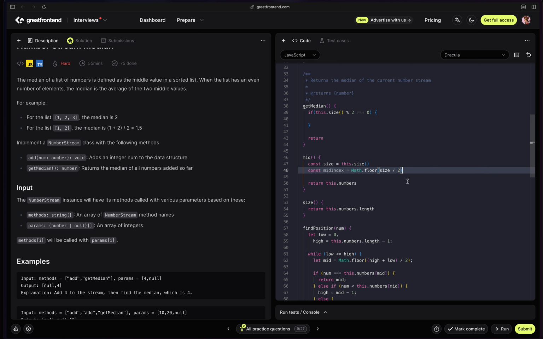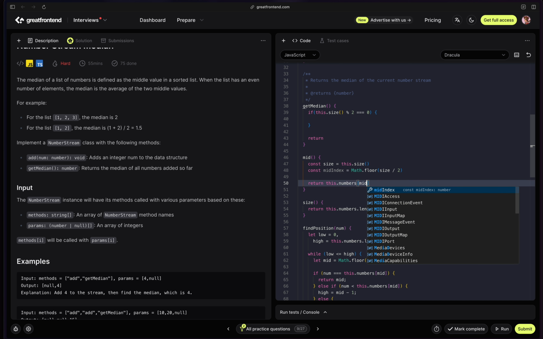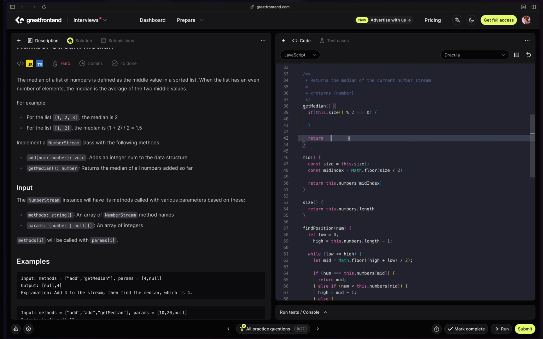So suppose if 4, it will give 2. If 3, it will give 1.5, and this will be 1. And mid index, we will simply call this dot middle. This should add on, and if the size is even, median will be the